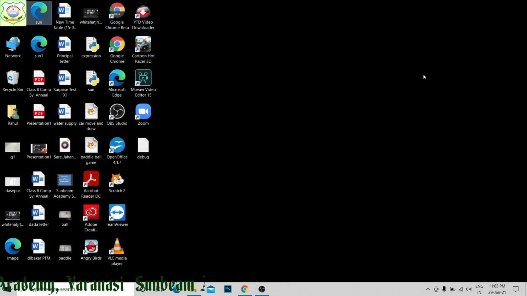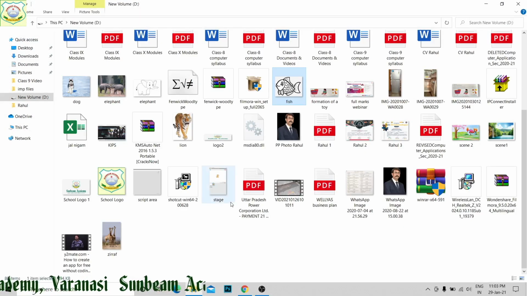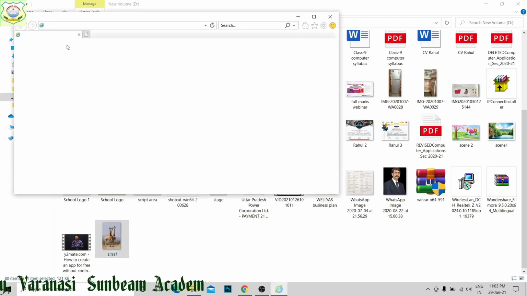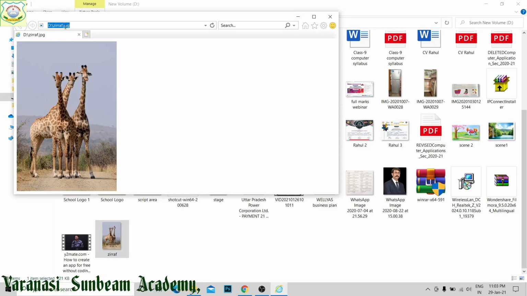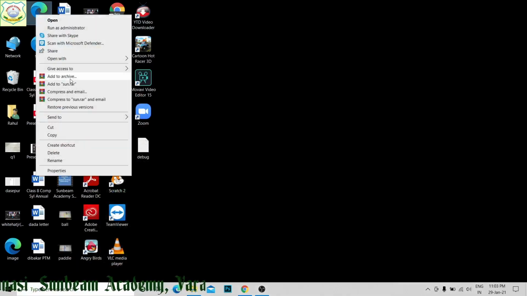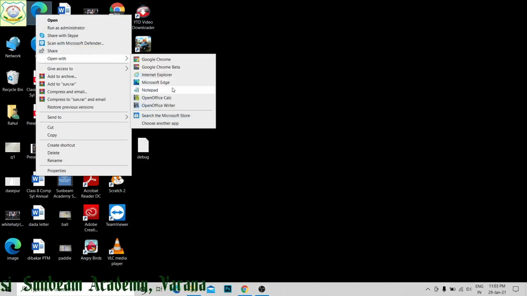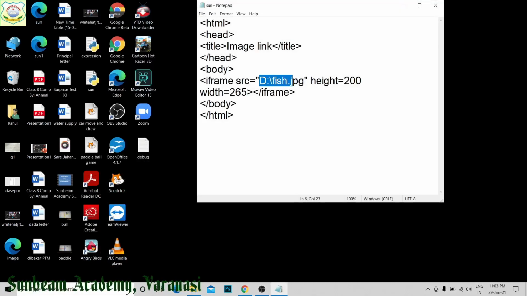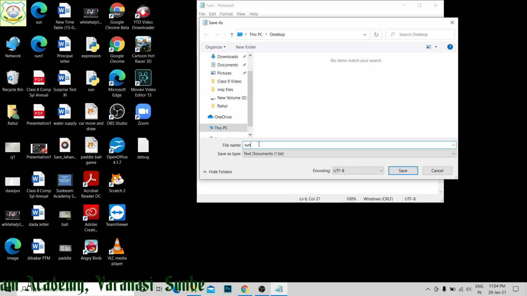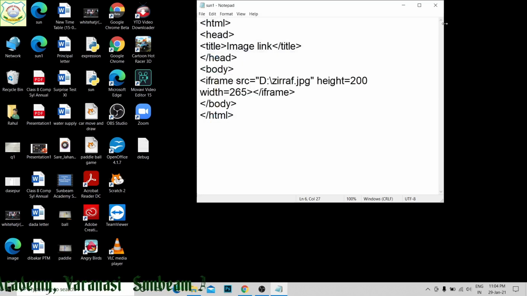Now we can see the second photograph. It is of a giraffe. Its URL I am going to get from Internet Explorer. I have copied it down. The same sun file I am going to open, but I will save it with some other name, right? I have given this as giraffe. I am going to save it with sun1. Save, yes, right, sun1 file. Now sun1 is this one, run it.